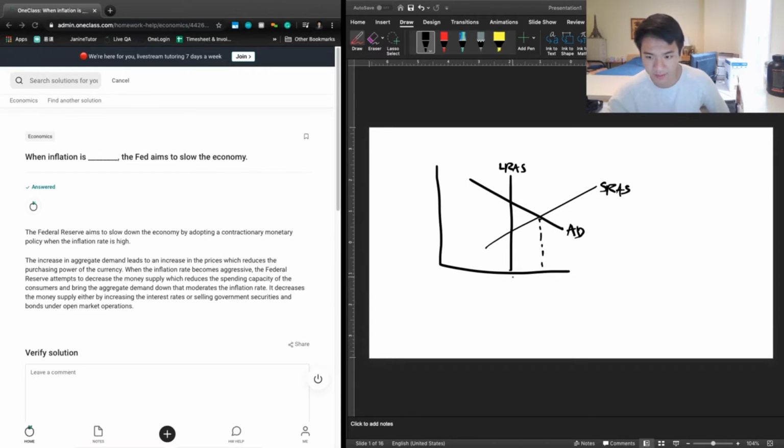So we have this. This is our expansionary gap, right? And so this is a period of time in which the Fed would hope to engage in contractionary monetary policy in order to reduce the rate of growth of the economy. And so the question asks, however, when inflation is basically high or low, right? And so we have to look at price levels here, and we can see that at the long run,